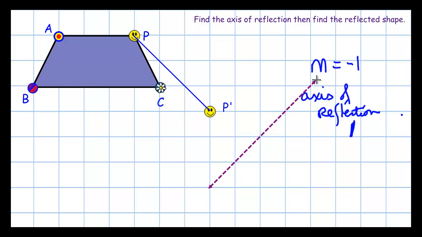So this would be an axis of reflection, that's the slope, but it's not in the right space yet. It has to be halfway between P and P prime. So I have to be right halfway between those 2 points. So a given pair of points is going to completely determine where the axis of reflection is and what the shape looks like after it's all done reflecting. Now notice again on this one I ended up with C being a fixed point, so it's going to stay where it is. Now to reflect B,